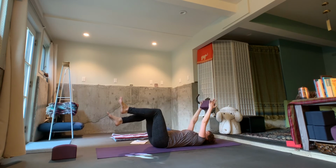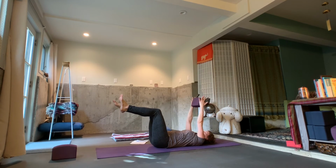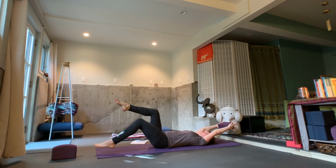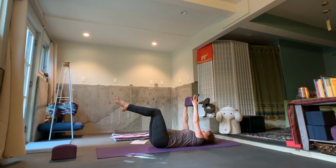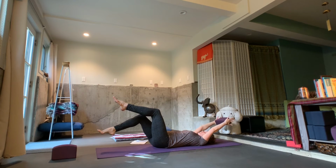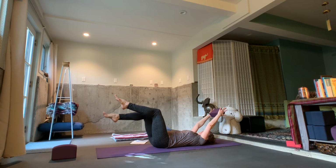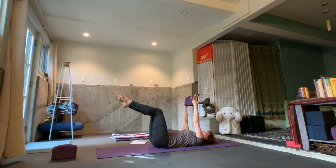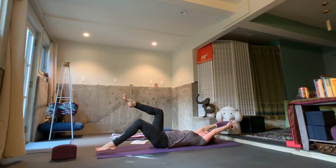You can now bring the right toes down to tap the floor if you'd like an extra challenge. Exhaling, everything back up to center, inhaling, pause, exhaling, left toes tap down to the ground, inhale, pause, exhale, back up to center. Inhale, pause, exhale, right toes tap down to the ground, block overhead, exhale, back up to center, inhale for the pause, low back pressing in the ground, exhale, left toes down to the ground,